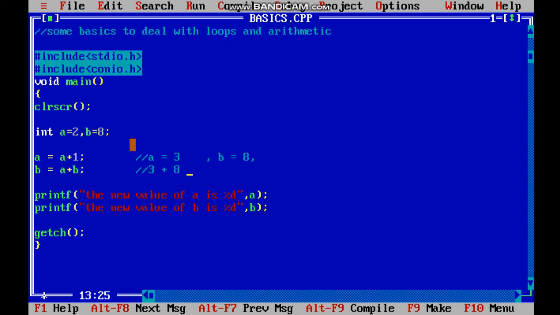Now the b value is equal to 11. Now I am printing the value of a and b, right? So I should get the value of a equal to 3 and b equal to 11. Let's see after compiling. The new value of a is 3, the new value of b is 11. See how rushed it is? We do not have a new line after 3. After 3 there should be a new line, right? The new value of a is 3, enter, the new value of b is 11.